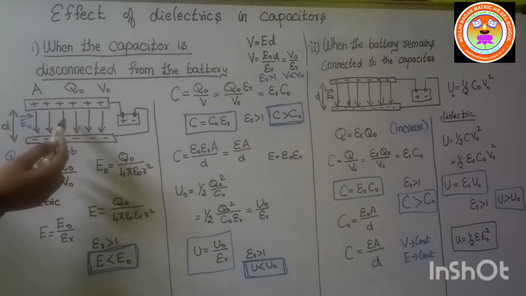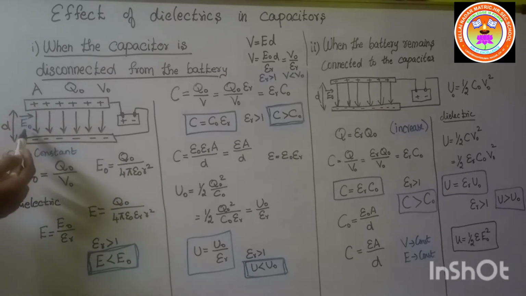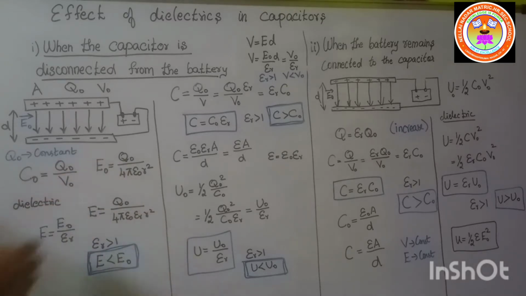Now, when you give the charge, here in between there is air medium. In the air medium, the electric field is created from positive to negative, so the electric lines move from positive to negative. Here we indicate the electric field in the air medium as E naught vector. You know the formula for E is equal to Q by 4 pi epsilon naught into R square. Here the charge is Q naught, so E naught is equal to Q naught divided by 4 pi epsilon naught into R square for the air medium.